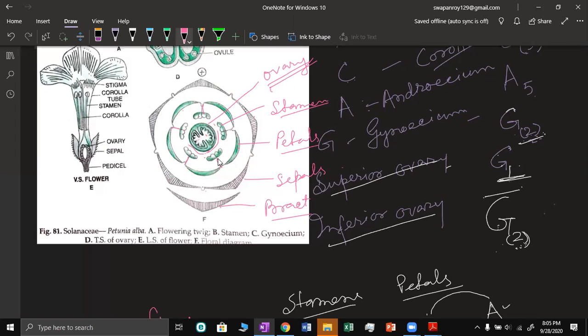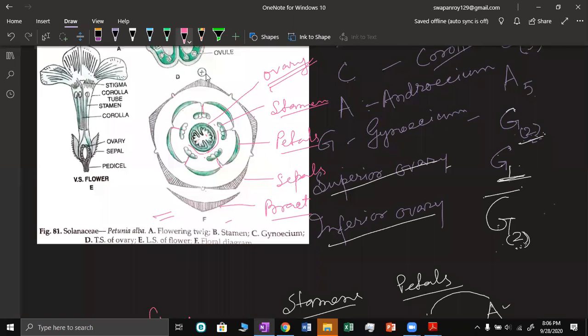Remember that this has been drawn in such a way that it is showing that the ovary is oblique. This partition line is not vertical, it is slightly away from the vertical line. So this is the oblique condition. So from this floral diagram,